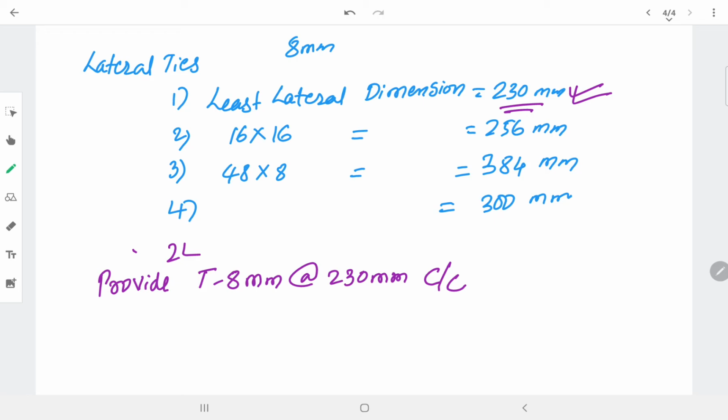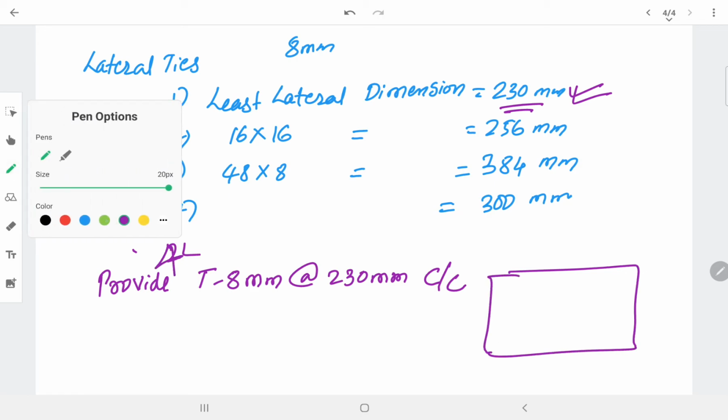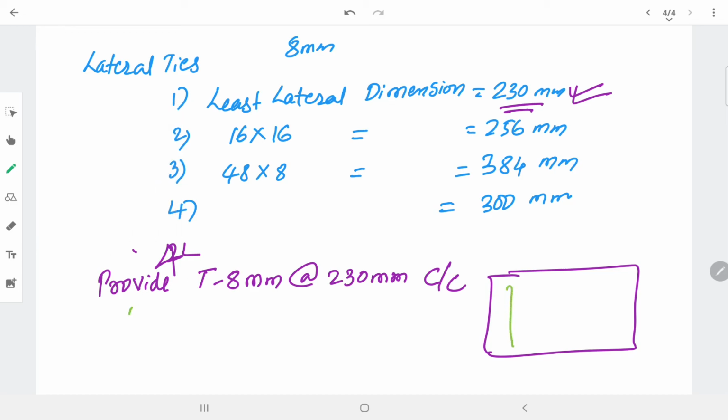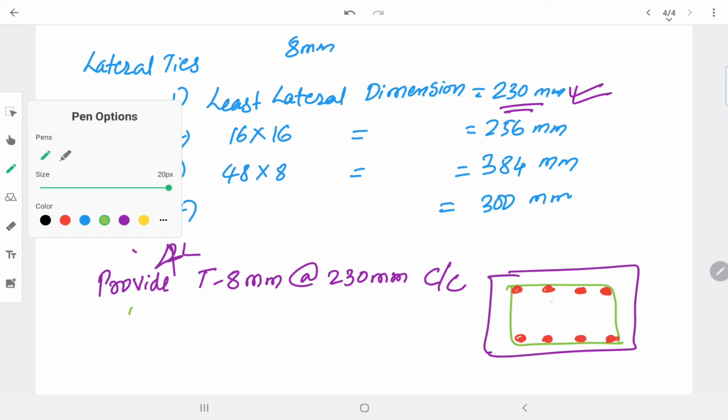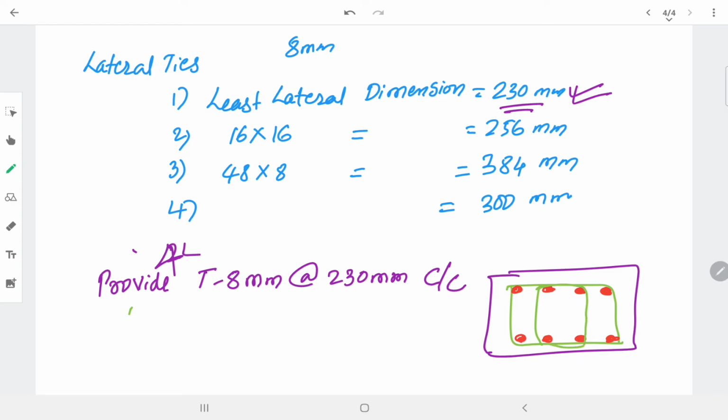Sometimes you need to go for higher legs also. Here you are getting 8 number of bars, so I will draw it; you may go for 4 legs also. So I may tie these bars also. This indicates legs 1 2 3 4, 4 legs.